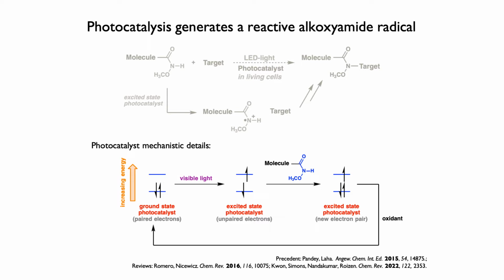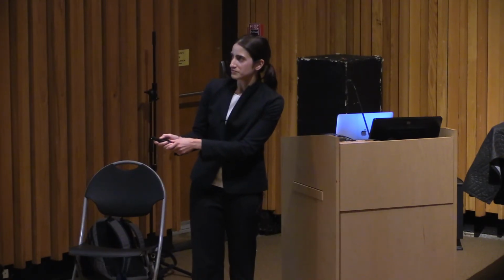I should preface this with: electrons like to be in pairs, which is in some ways related to that octet rule, liking to have an octet. Nitrogen didn't want to have a single electron on it. Electrons like to be in pairs. I'm showing here a really rough schematic of what electrons would look like, a pair of electrons indicated by these single-headed arrows. They're at a particular energy, indicated by the blue line. This other blue line is a higher energy. This is the ground state of a photocatalyst. It's at a low energy here. This is where it's going to hang out with its paired electrons.